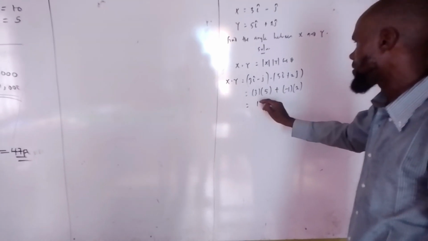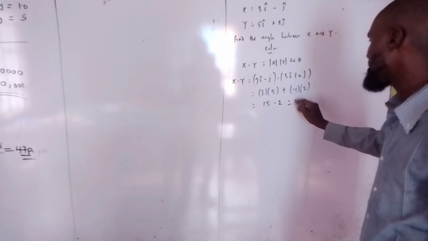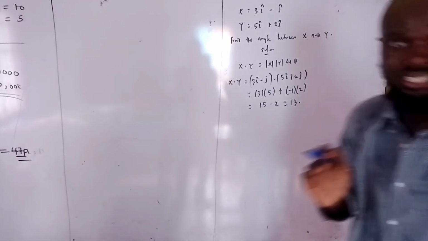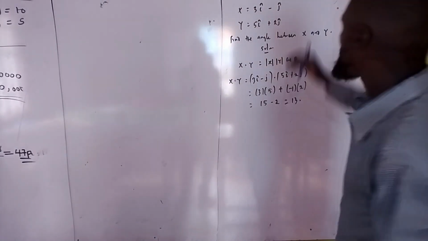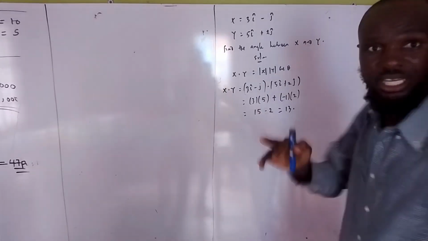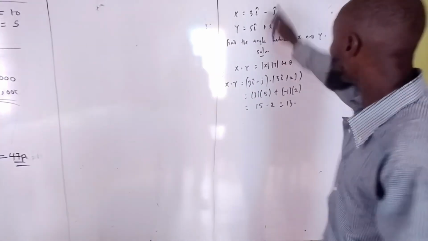So what does this give us? 15 minus 2, that is 13. That is x dot y. Now we need the magnitude of x and also the magnitude of y. Now, the magnitude of x